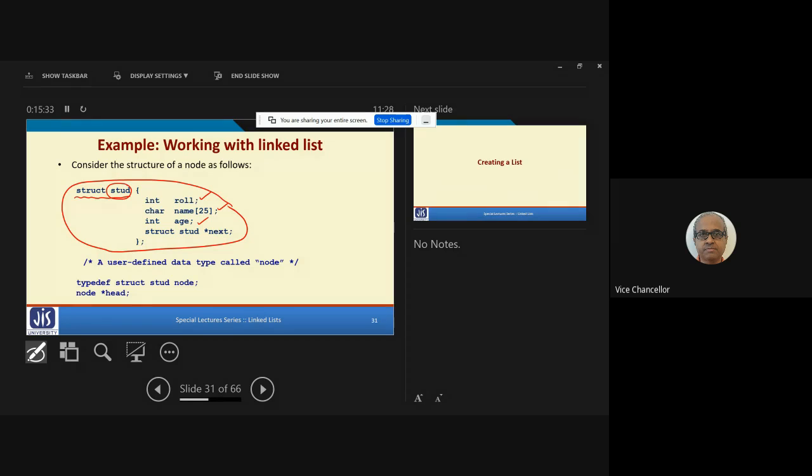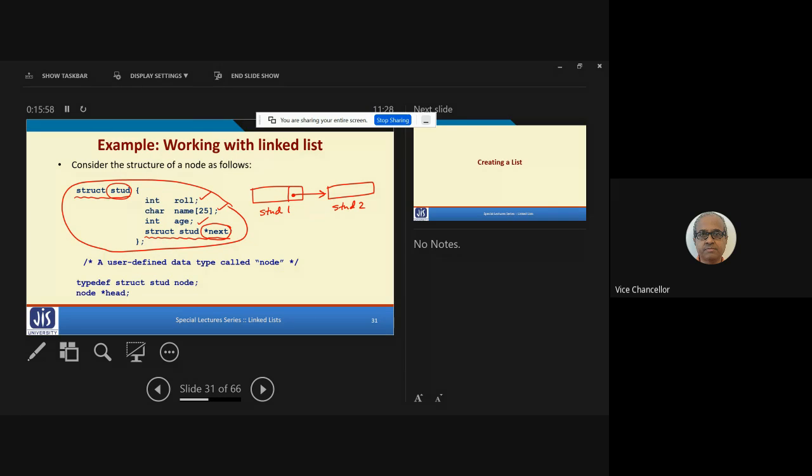And of course, there will be a pointer to the next. So there will be one node for student 1, another node for student 2, and so on. So the next pointer will be pointing to the next one. So here, this next will be the next pointer.